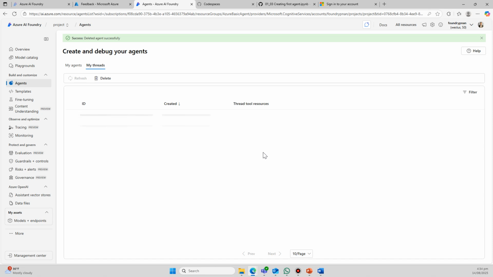So this basically sums up the demonstration today. That's how you create your agent through the portal and through code. In the upcoming videos, I will demonstrate how we can arm these agents with a lot of tools. There are so many tools that we can provide, and these are the tools that will give the agent more power. So hope to see you in the next few videos.